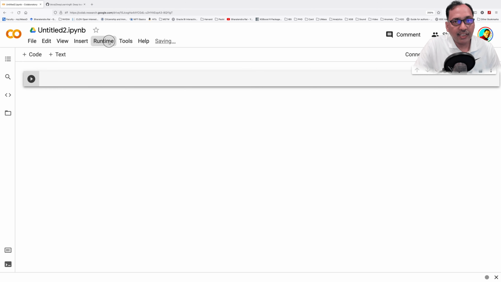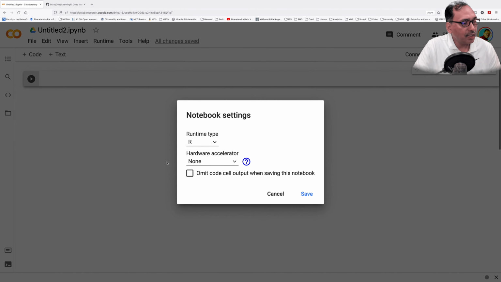Now, if you click on Runtime and go to Change runtime type, you will see that under runtime, you have two options. You can use R or Python 3. Obviously I'm going to use R. And for hardware accelerator, you have the option to not have anything, like just a regular computer, or you can use GPU that helps you to run codes that are very demanding in terms of need for processing power.